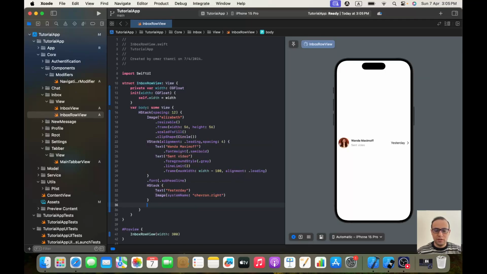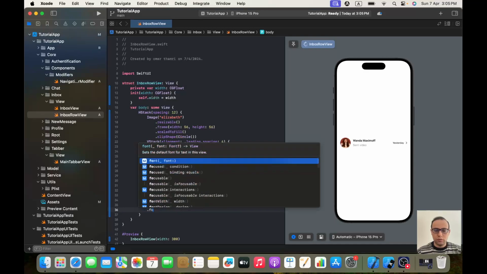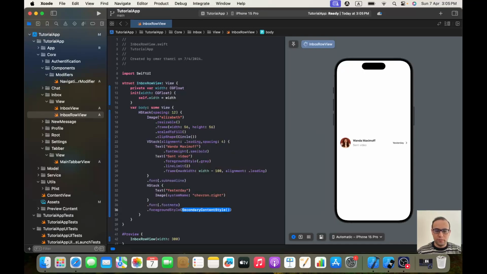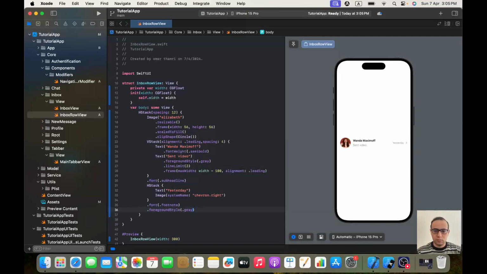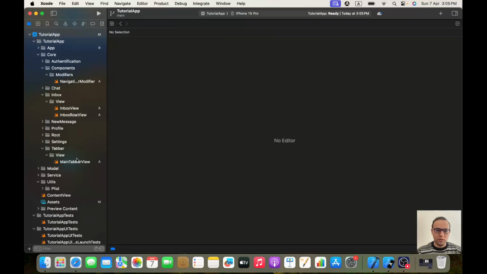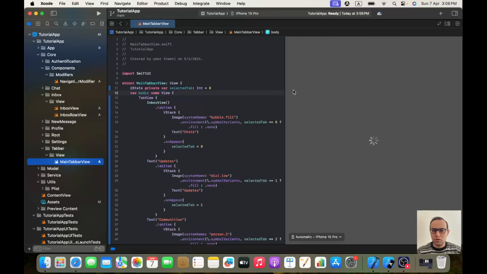Okay, and to the entire HStack I will give it a font of dot footnote and the foreground style of dot gray, which is perfect. I think if I go to my main tab bar view to see,